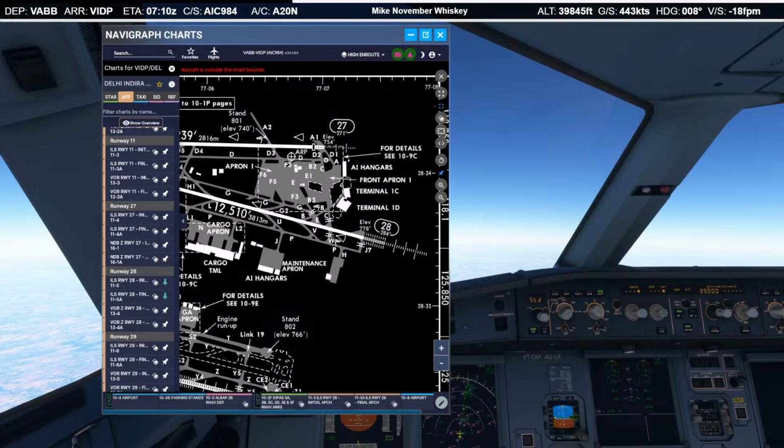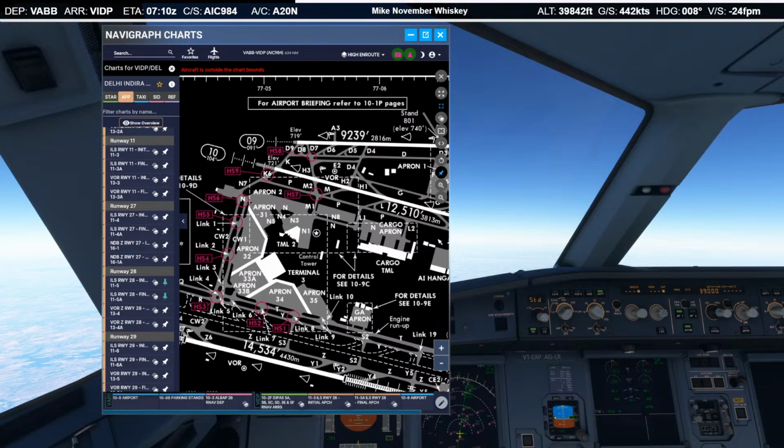But only 28 and 29 are used at night. And they've approved the construction of a 4th parallel runway. So the airport continues to grow.